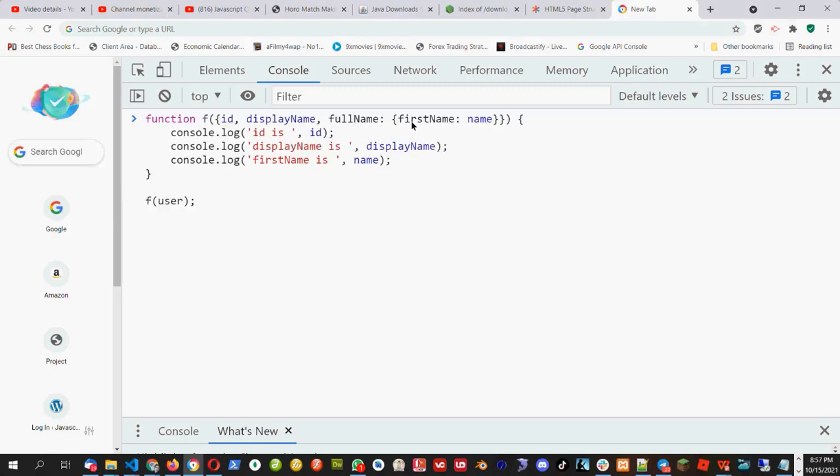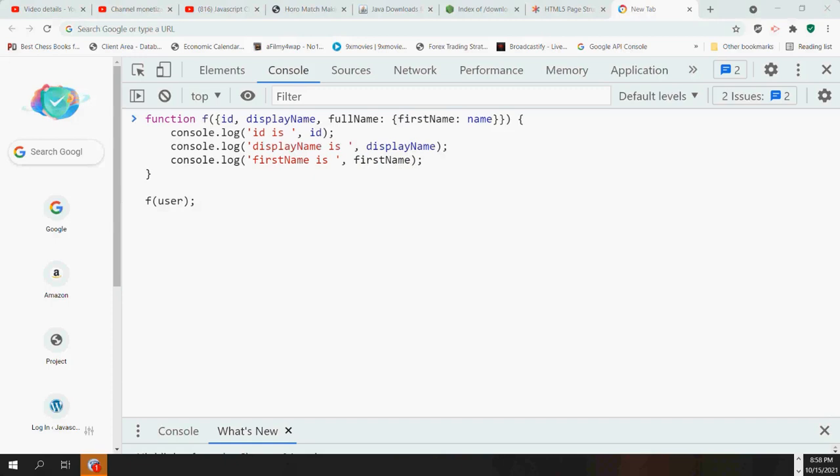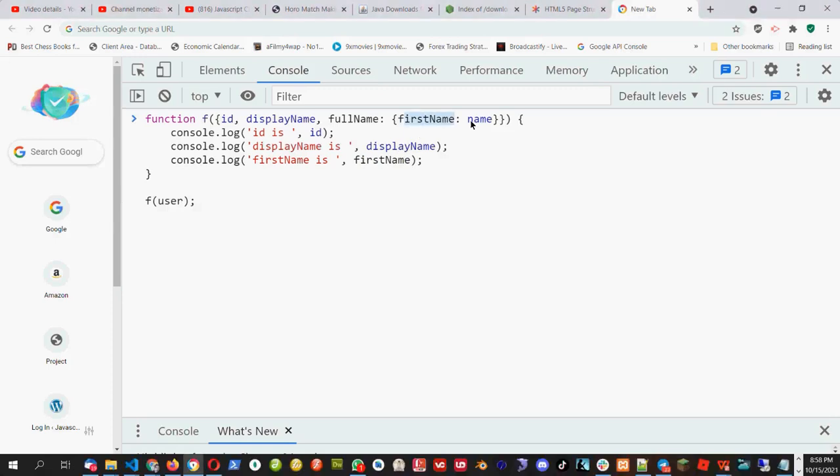Okay, so if I put first name here, it will not work. Let me show you this example. So if I use first name, will it work? No, because first name is reassigned to name. First name is changed to name. Okay, so let's put the name here. Let's make things more complicated here. I will say age and rename age to my age and put the default value of